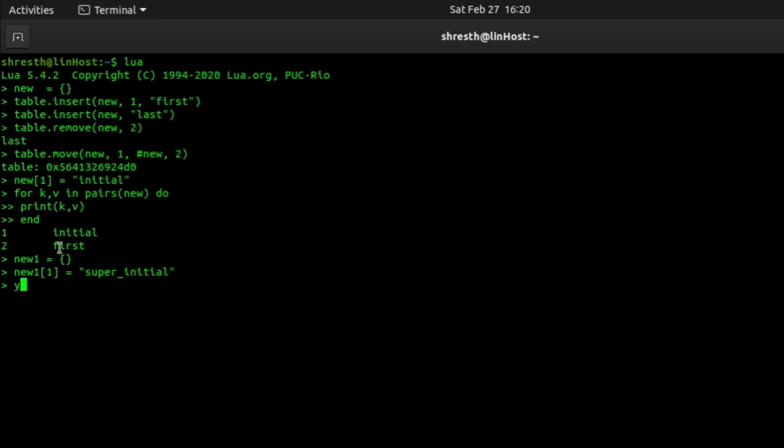So now I'll call this table.move function again to show you what I mean.